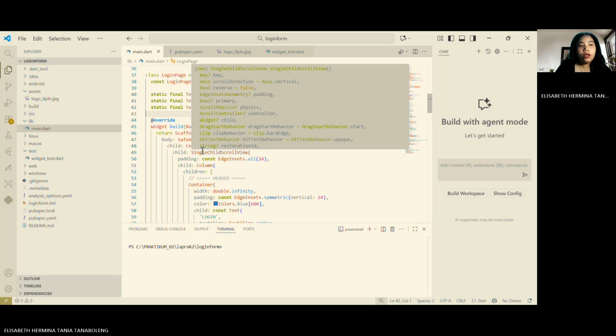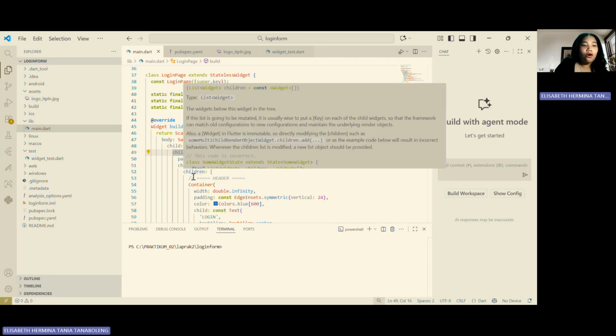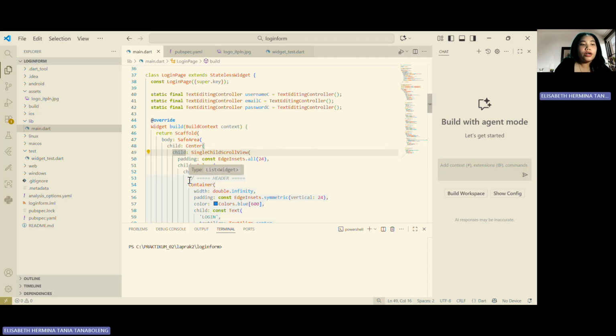The main view is constructed using Scaffold, which serves as the basic framework for every Flutter page. The elements within are placed with a SafeArea to avoid colliding with the phone's notification area and wrapped in a SingleChildScrollView to maintain scrollability on a small screen. Components within the Column are arranged sequentially from top to bottom.